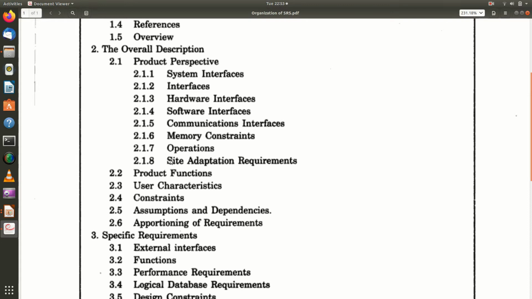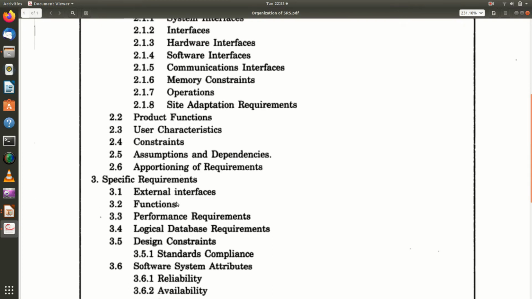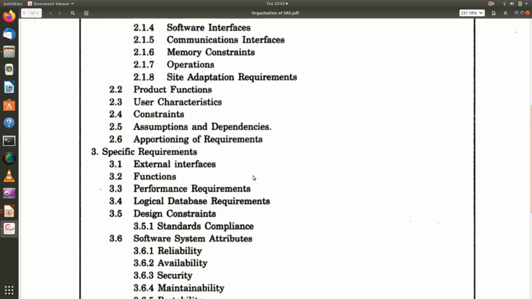All this information must be specified based on the product perspective. Then all the product functions must be specified, the user characteristics, the constraints in the proposed software, all the assumptions and dependencies, then the apportioning of the requirements.